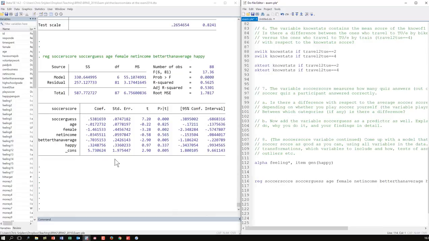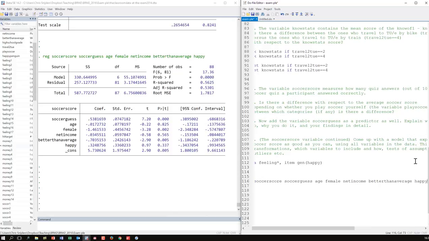Okay, so here we see already that this happy variable that I just created doesn't add anything to the explanation of that soccer score. So at that point, I wouldn't bother anymore with trying to make sure that I can get my alpha value a bit up from 0.82 to 0.825 or something, because it doesn't help anything at all. So I wouldn't bother with that so much anymore. Same thing for quite a few of these other ones. Let's see, that hit target variable. I could simply try it and add it.